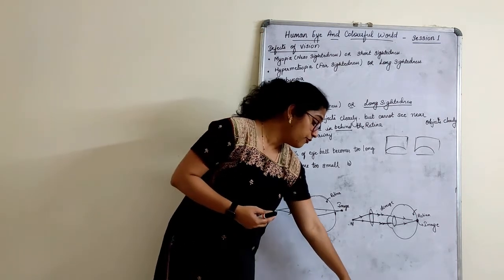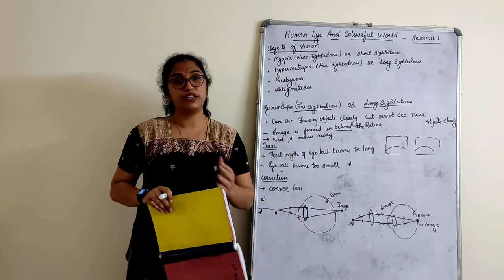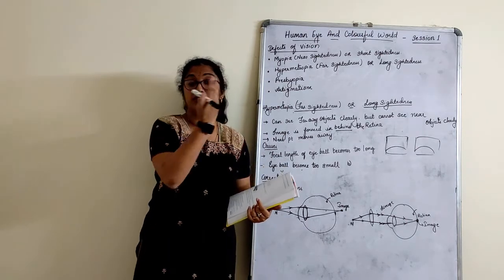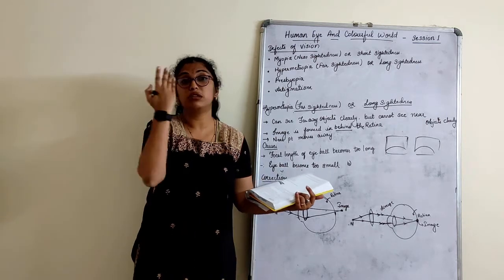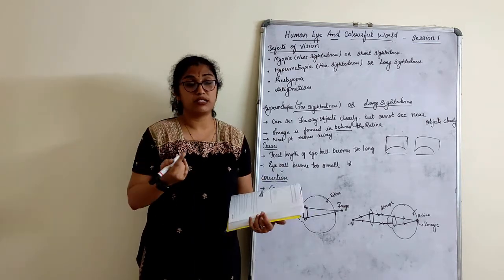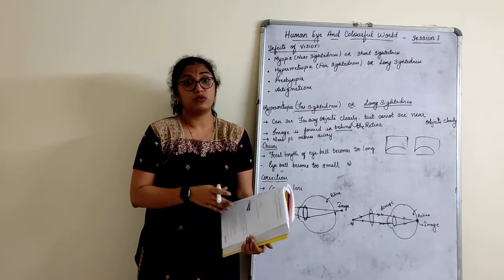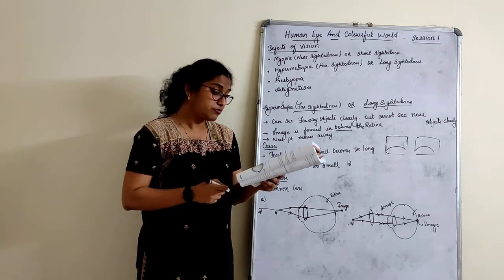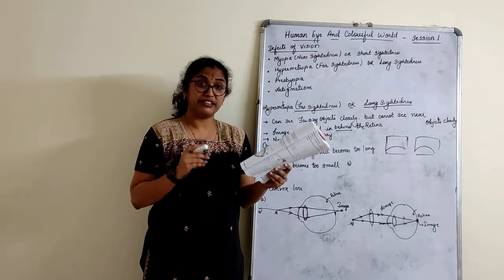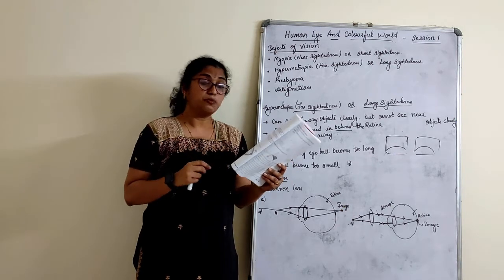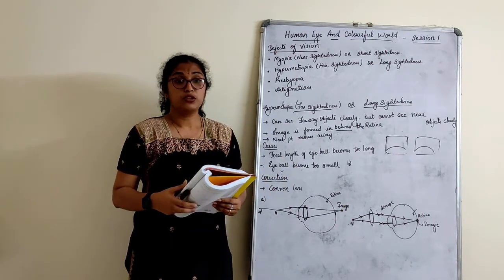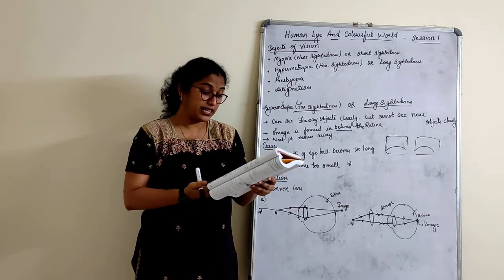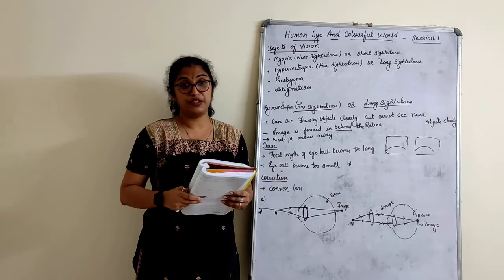Now, where are our eyes placed? They are placed in front of our face. Do you think that is the correct position of our eyes? Could they be placed like how our ears are, or at the back or somewhere else? No. That is the right place for our eyes because it gives a wider field of view. It enhances the ability to detect faint objects also, and provides a three-dimensional view. These are the main features of our eyes, that is, the advantages of eyes being in front of the face.